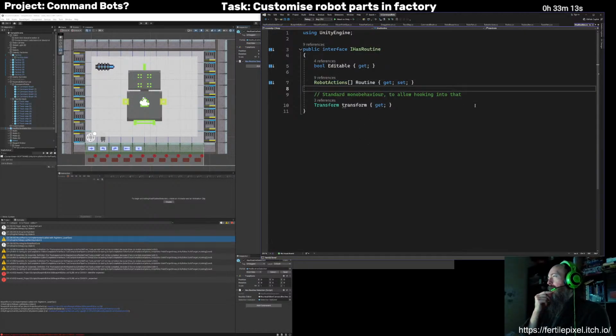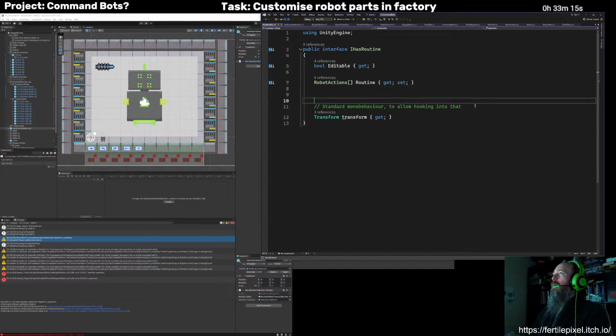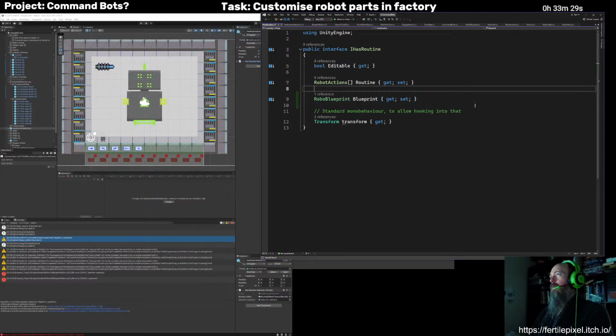And this will be Robo Blueprint. Blueprint, and let's just say get and set. That should be okay. And now this is no longer just a has routine.